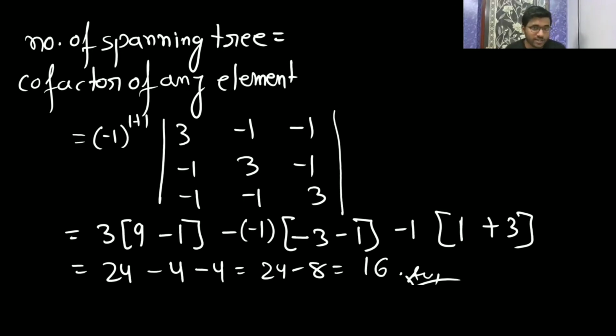ठीक है, इससे भी हमें 16 मिल रहा है. तो आपको गेट एग्जाम में एक ग्राफ दिया रहेगा. इन गेट एग्जाम दे विल गिव यू वन ग्राफ एंड दे विल आस्क यू हाउ मेनी स्पैनिंग ट्री यू कैन गेट. So you apply this Kirchhoff law, or if it is a complete graph, you directly apply that, you will get the correct answer. So what is the application of a spanning tree? Here the application of a spanning tree is that we can connect every node with the minimum number of edges. Okay, so it will save our cost and all.